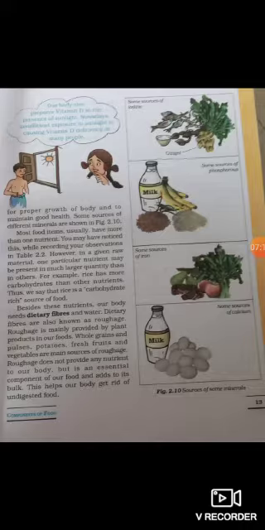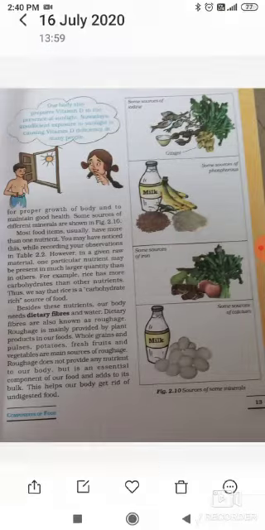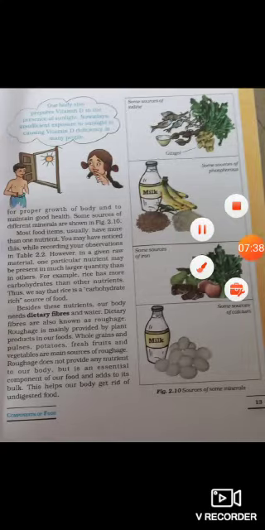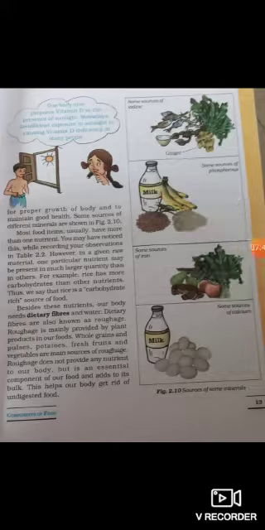So, students, minerals are also needed by our body in a small amount. They are essential for proper growth and to maintain good health. For example, we get calcium from eggs and milk. We get iron from apple, green leafy vegetables such as palak, fish, raisins such as kishmish. We get iodine from iodized salt, fish, palak, and ginger, that means adrak. We get phosphorus from rice, milk, banana, and chilies such as mirch.